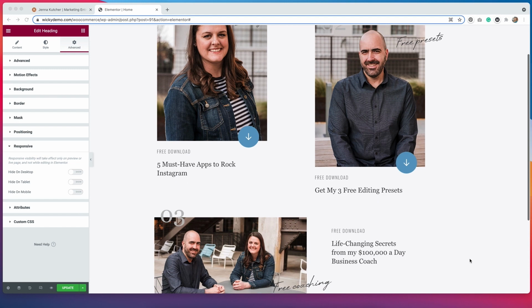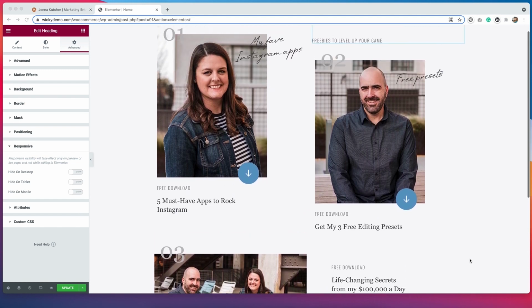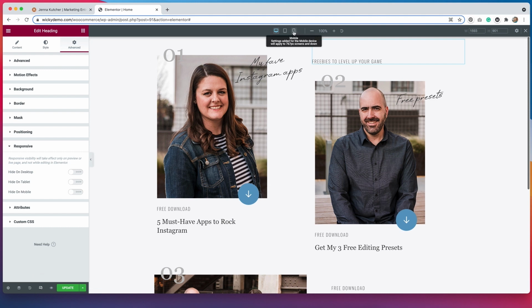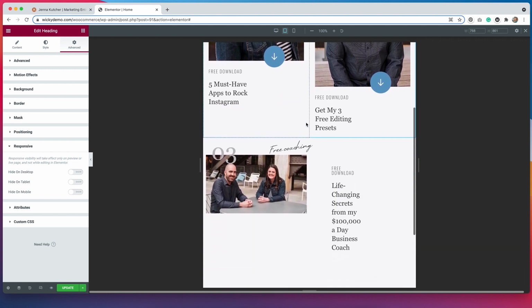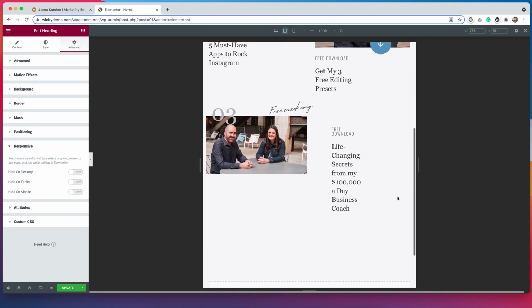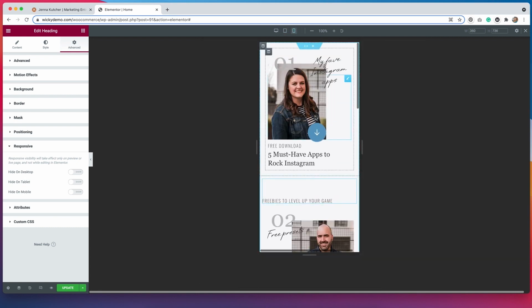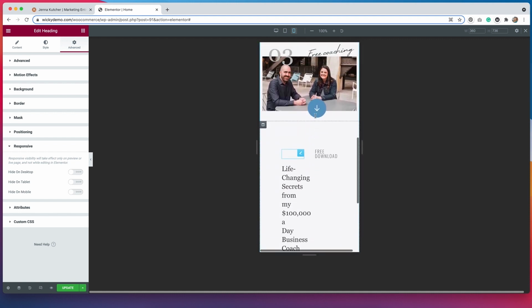3 sections. I changed out the images and the text, added the styling, and I think that this is looking pretty good on desktop. On tablet and mobile, that's another story. And this is where things get a lot more complicated. If we pull up our responsive tools, I already started on some of the styling, but we still have a long way to go. You can see that there are some changes that we need to make on tablet, and then on mobile, it kind of totally falls apart. So I have a lot of work to do in terms of styling this to get it to look like